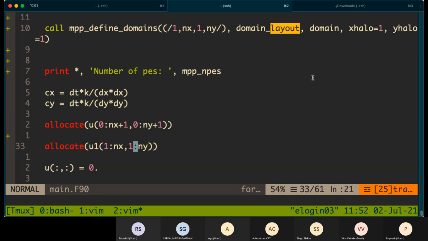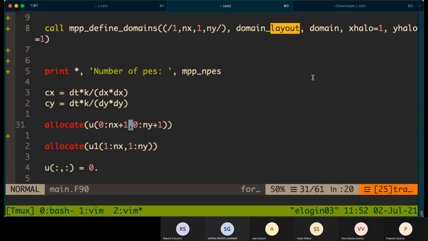But we need to correctly get that partitioning, so we need the exact lower bounds and upper bounds for each processor. Let's say in the first processor, the bounds will be 1 to 100 in x direction and 1 to 100 in y direction.